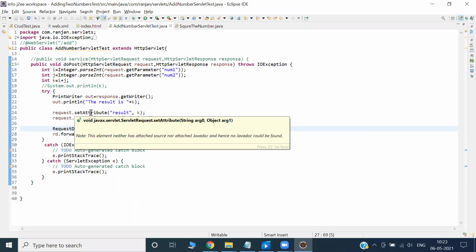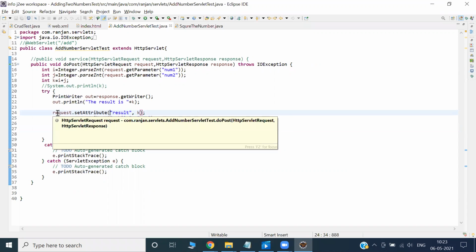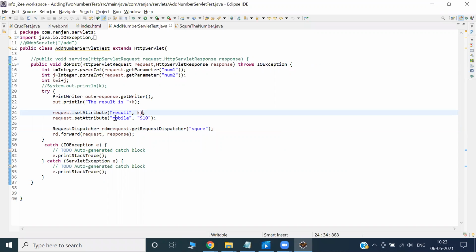Set is just setting the value, and the return type is void. It is setting the value in the request object. In the request object there is a key and a value; suppose I put 5, 6, it will put 11, and 11 will be stored in the key.